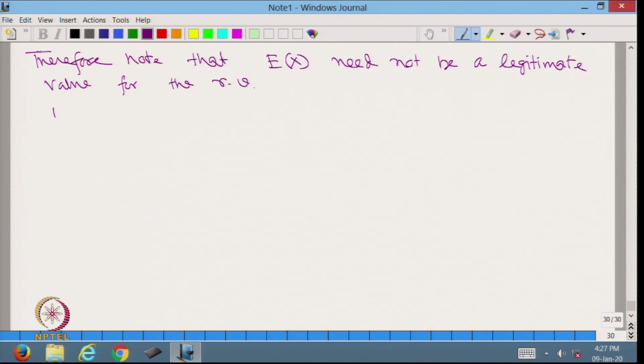For example, a Bernoulli random variable never takes a value p, but still